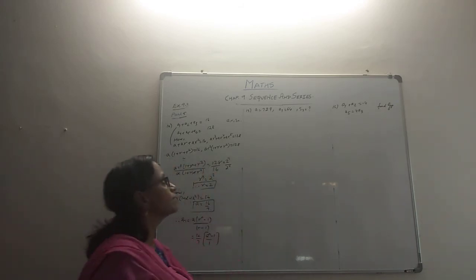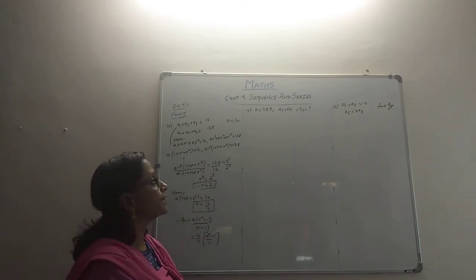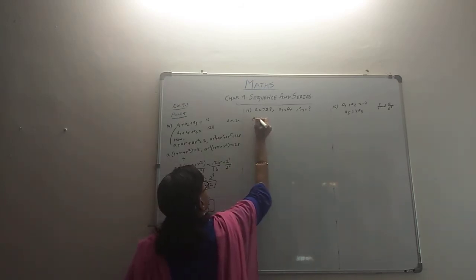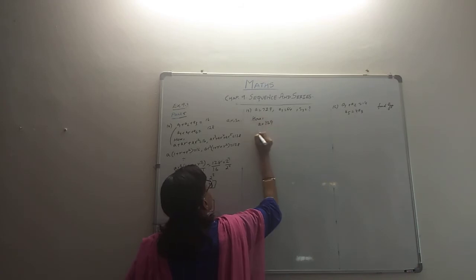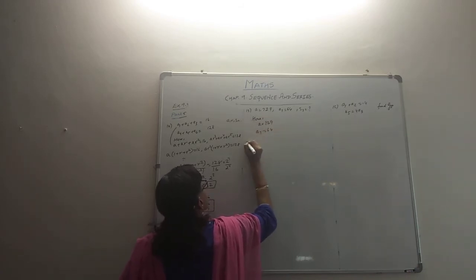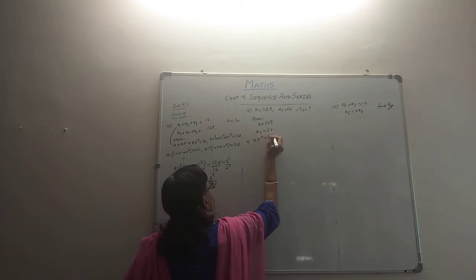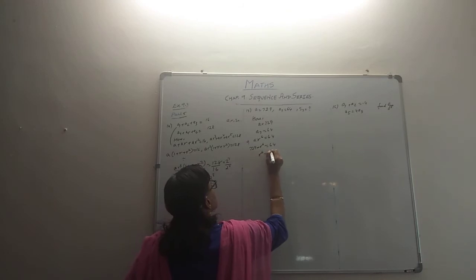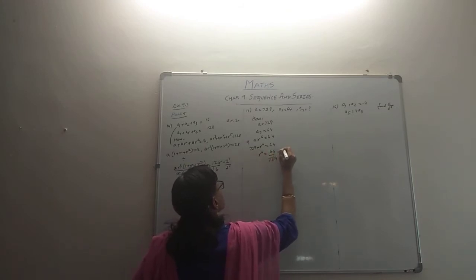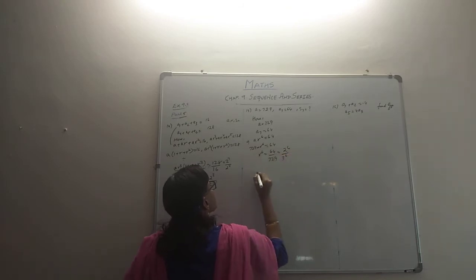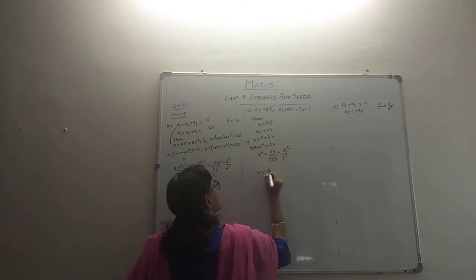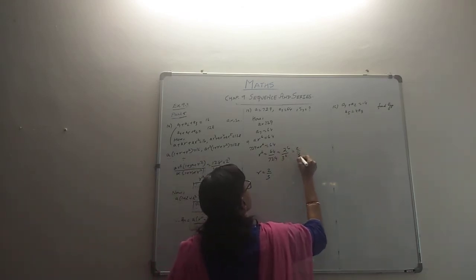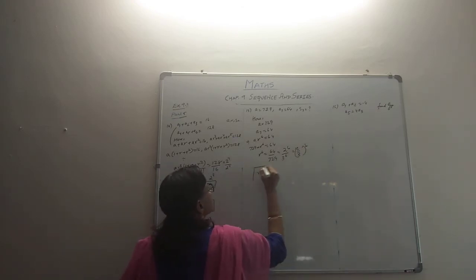15th question, they give us the first term, they give us the 7th term, and they ask us to find the sum to 7 terms. Let's see. Here a is 729 and a7 is 64, which implies that ar raised to 6 is 64, or rather 729 into r raised to 6 is 64, or rather r raised to 6 is 64 by 729, but this is 2 raised to 6 and this is 3 raised to 6. So r is 2 by 3, because r raised to 6 is 2 by 3 whole raised to 6, if you want to write it like this. So we got the r value.